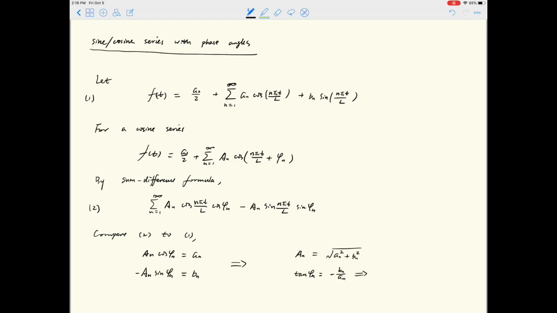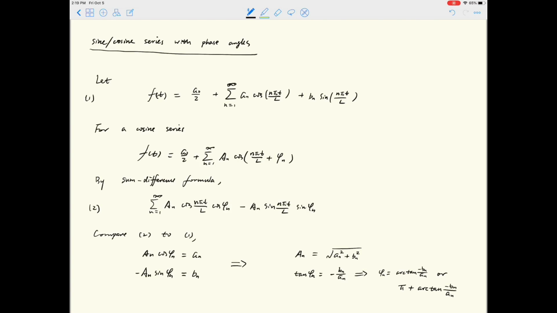So from this equation, I obtain that phi n will be arctan minus bn over an, or pi plus arctan minus bn over an. Now, exactly which value phi n should take depends on the sign of little an and little bn,